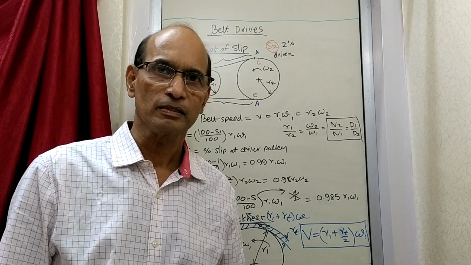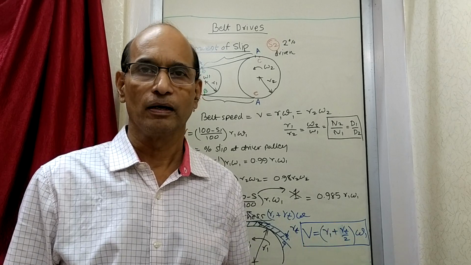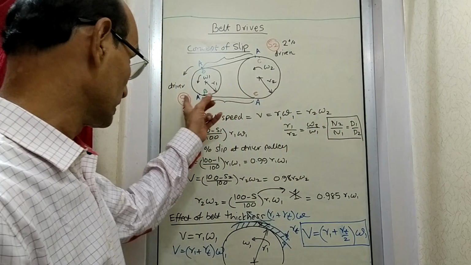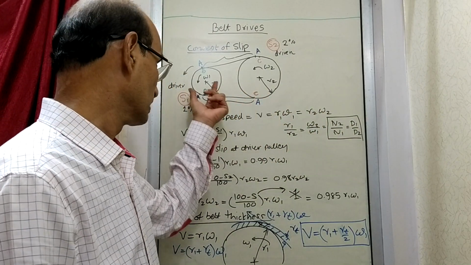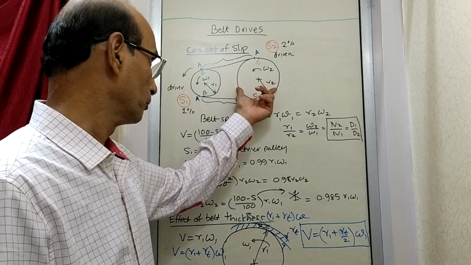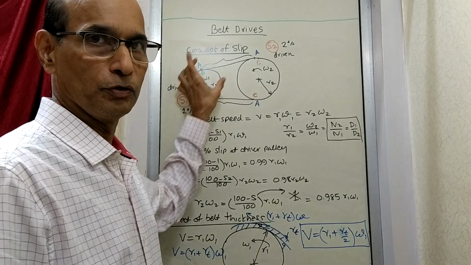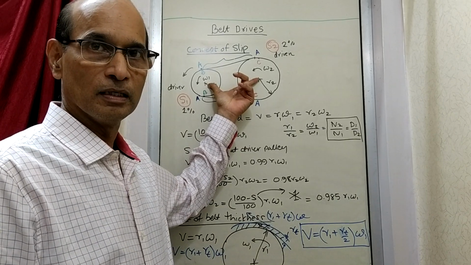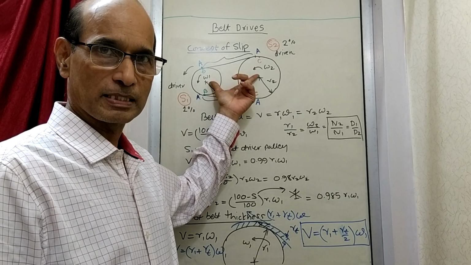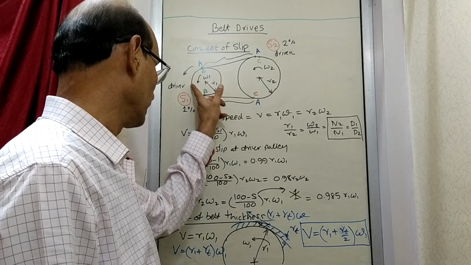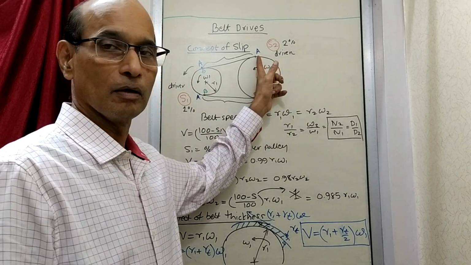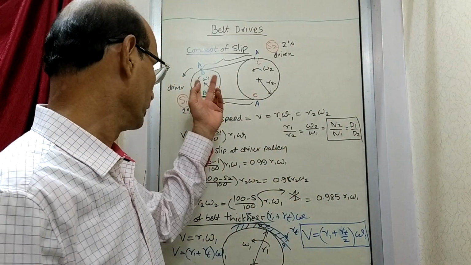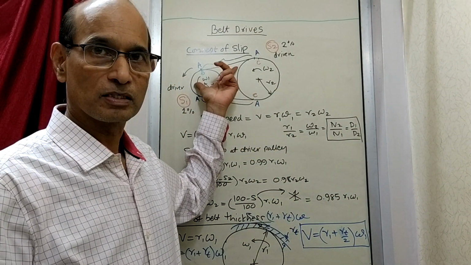We'll take now the next session. That session will be on finding out the total length of the belt. That means suppose there is a diagram like this and there is a pulley, driver pulley, driven pulley. You know the diameter of driver pulley, you know the diameter of the driven pulley, and you know the center distance between the two pulleys. Then it is possible for us to find out what is the length of the belt required. Total length of the belt required is possible to find out if we know the diameters and the center distance of the two pulleys.